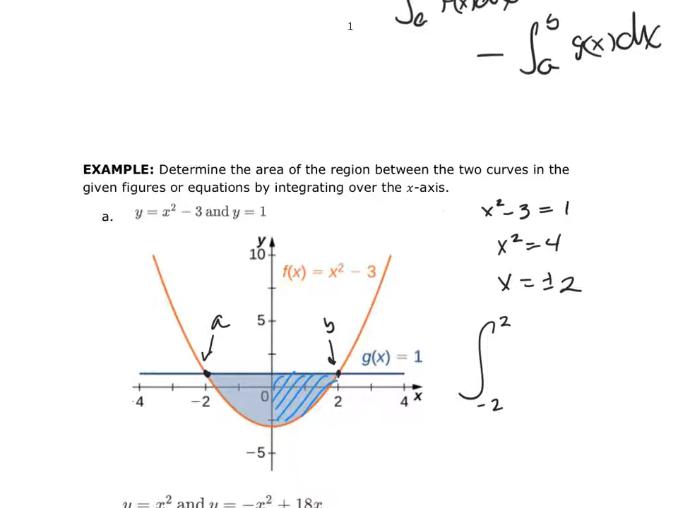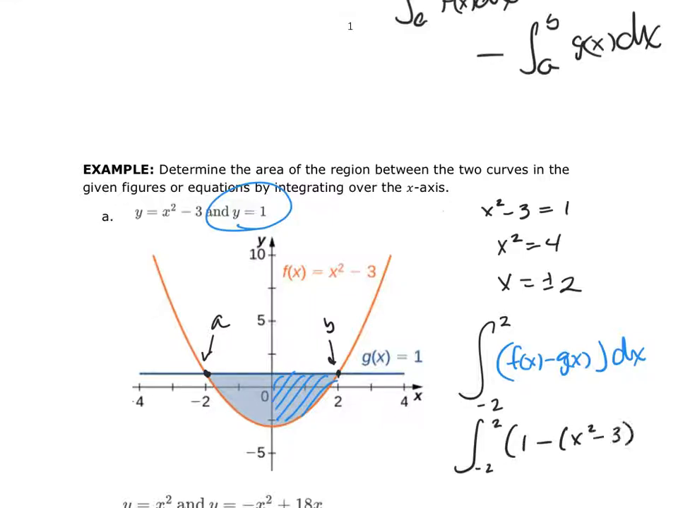So I could integrate from negative 2 to 2. And if I were to integrate it from negative 2 to 2, I would take my top function, and my top function in this case happens to be 1. So it is f of x minus g of x dx. And for this particular case, the function that is above the other is 1. And so I can integrate it from negative 2 to 2 of 1 minus x squared minus 3